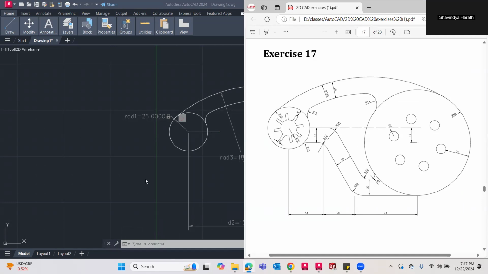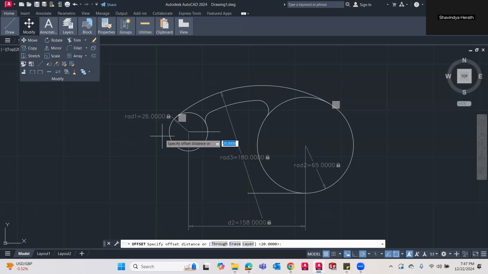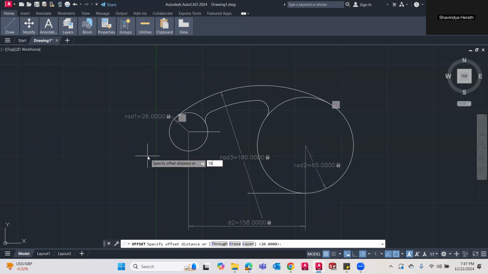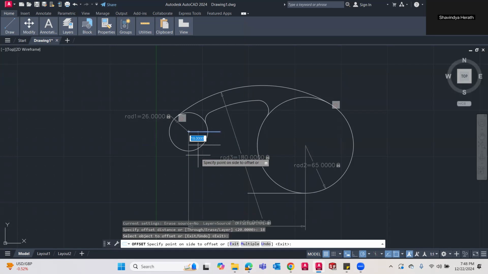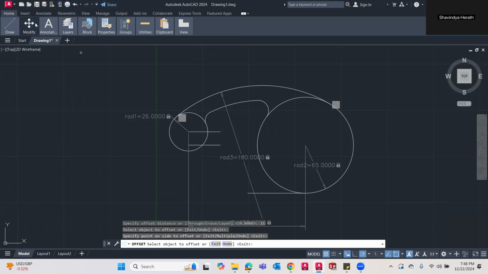So I'll take the offset with modify tools. Offset gap is 18 and press enter, here to here. Then there was a fillet radius 10. I will give that fillet now. Modify, fillet, from here to here.